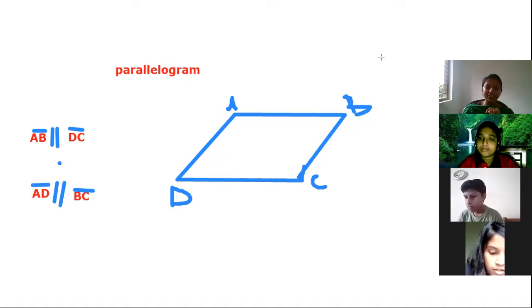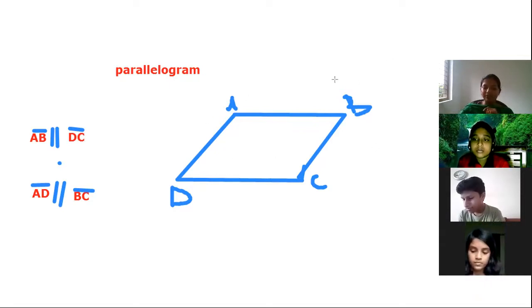Then there is another Do This question for you in page number 46. What is it? Here we have to take two rectangular cardboard strips of different widths. Place one strip horizontally and draw lines along its edges as shown in the figure. Now place the other strip in a slant position over the lines drawn and use this to draw two more lines as shown in the figure. In that activity we are just drawing parallelograms.